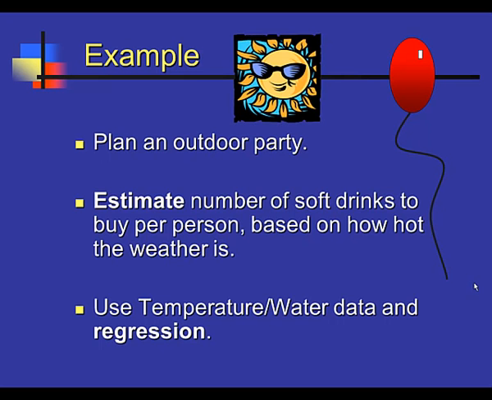Now, in real life, we realize that you would probably just make an estimate based on some of your previous experience and make a logical increase based on the temperature. However, we will use some hypothetical data to determine how thirsty people might be. We call this the temperature water data. And we will use regression to find an equation which represents